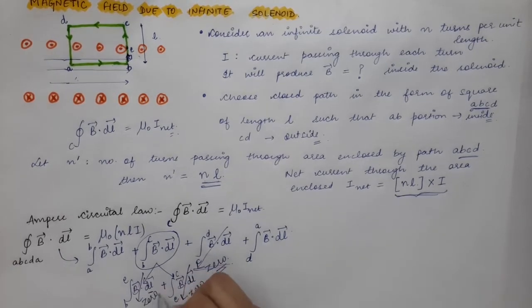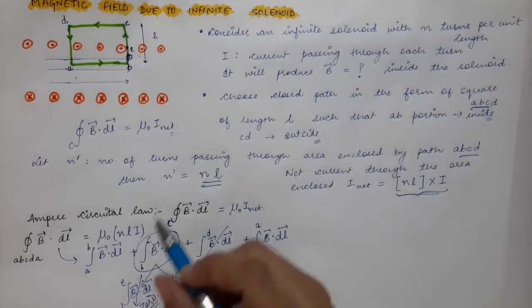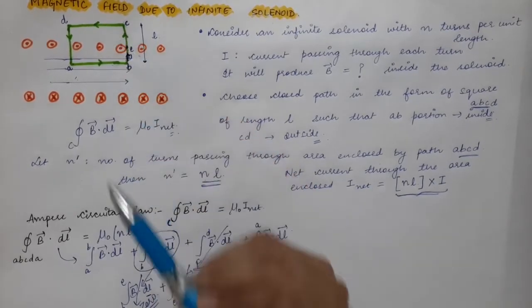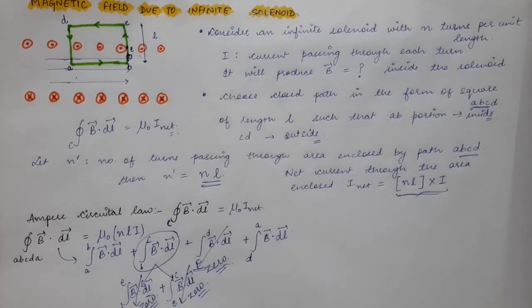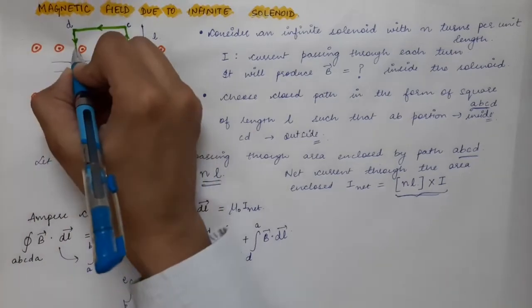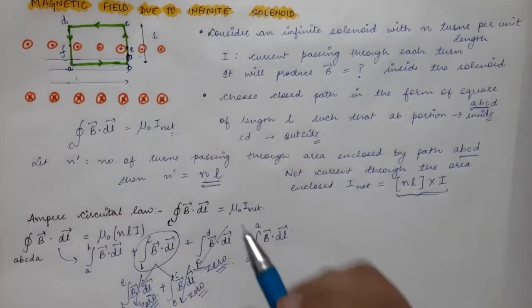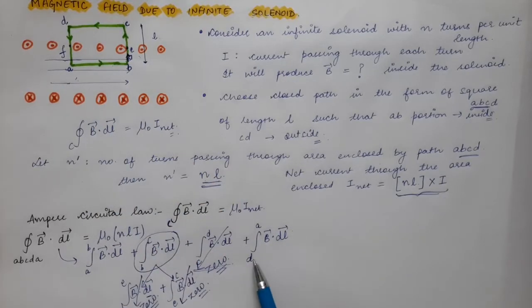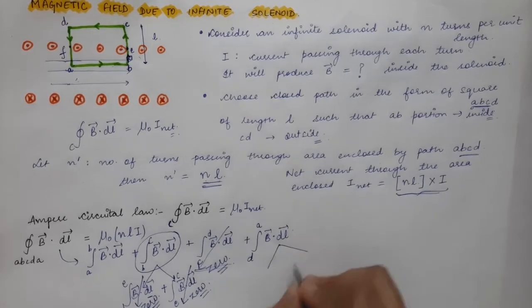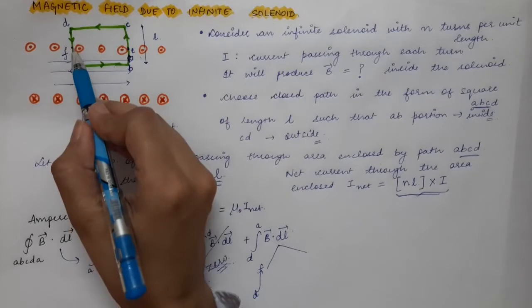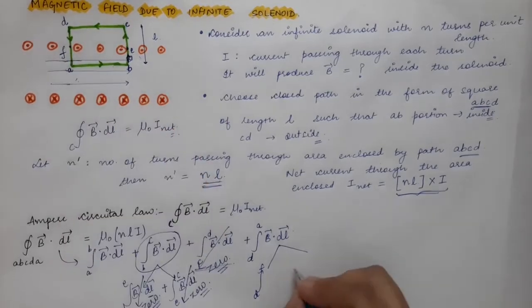So this integration will also be equal to 0. Means from B to C, the whole integration from B to C will be equal to 0. And similar is the case from D to A. So if you take this point as F, the integral from D to A can also be broken into two parts. One will be from D to F, and another will be from F to A.